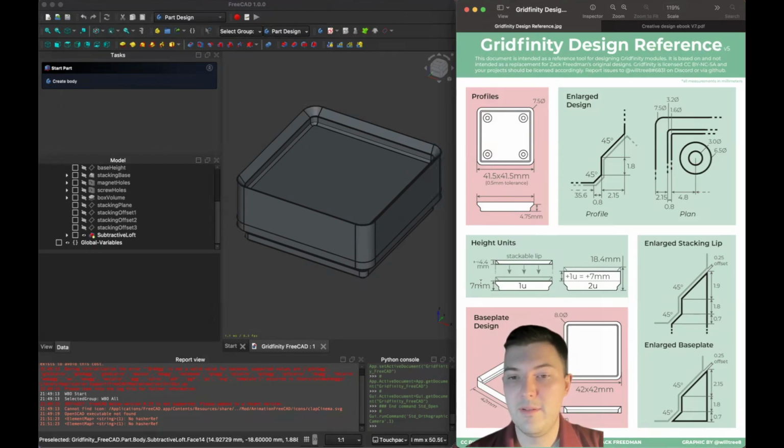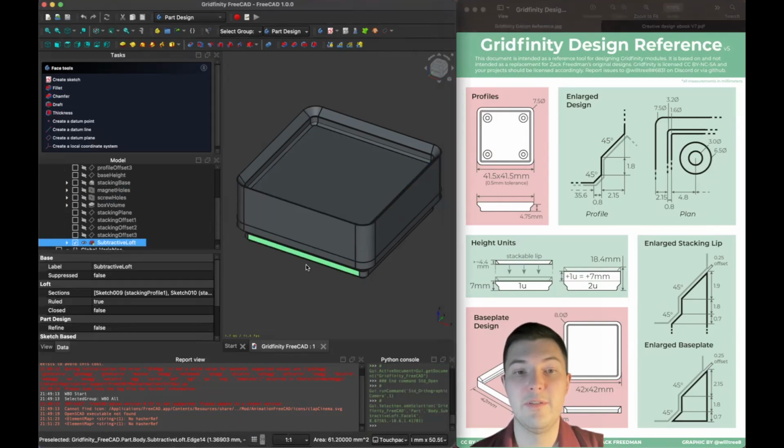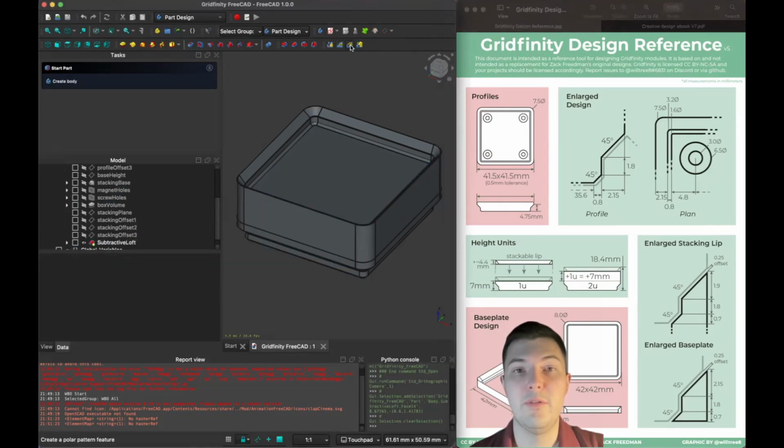But today we're going to work on patterning all of these, what is it called again? Our stacking base that we created a loft for. And to do that, we're going to need to pattern our stacking base, our magnet holes, and our screw holes all at the same time. So that's going to introduce us to this little tool up here,